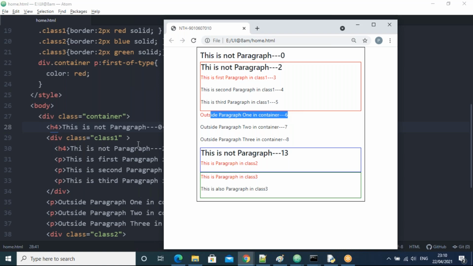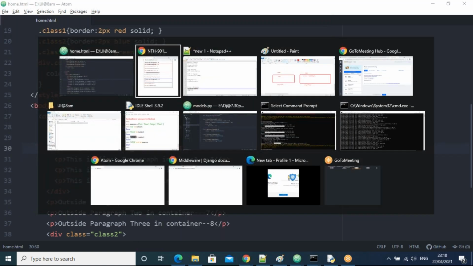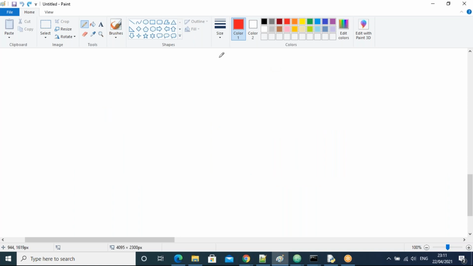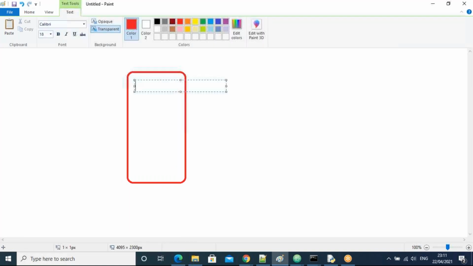Right? So, guys, here very simple. Suppose in the family, just imagine now five members are there, guys. The first one is a girl, first girl. Then boy one.